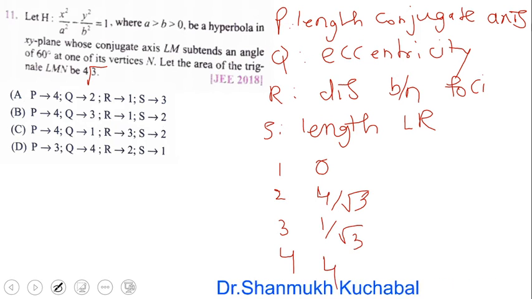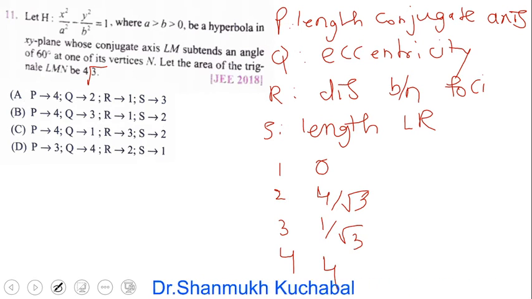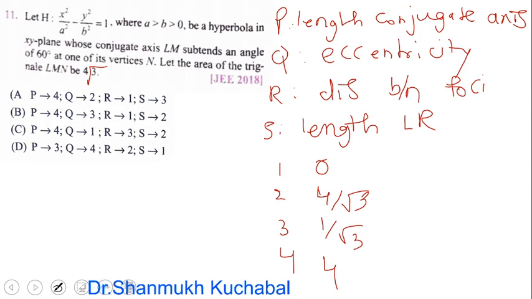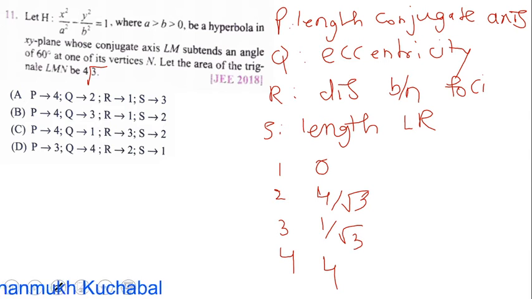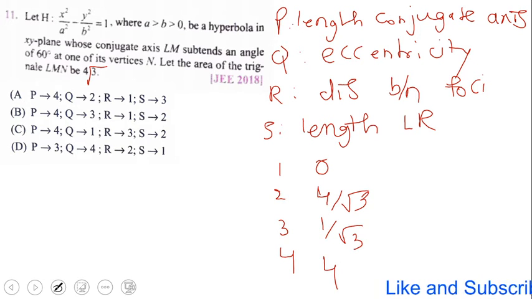Dear students, I am solving advanced level questions. So an advanced level question like this will be given to you and you have to match the following. What is a conjugate axis? In this way you have to verify it. Okay, so let us discuss this concept with a diagram here.